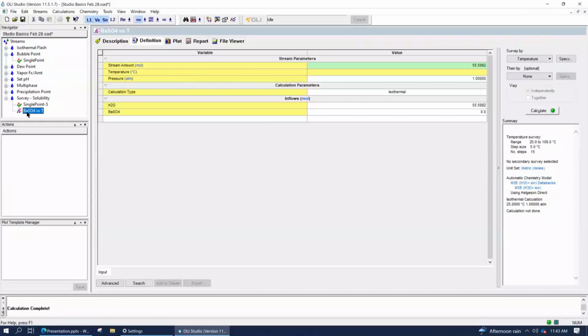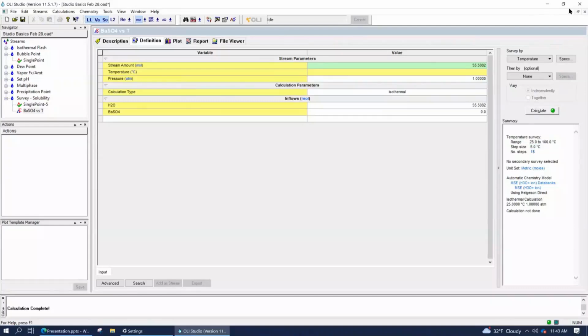Now, when you add a survey calculation, the default setting is a temperature survey. If you look in the summary, the range is from 25 to 100 degrees C in steps of 5 degrees Celsius. So there are 15 steps, a total of 16 calculations.